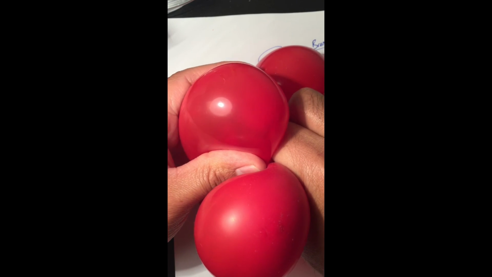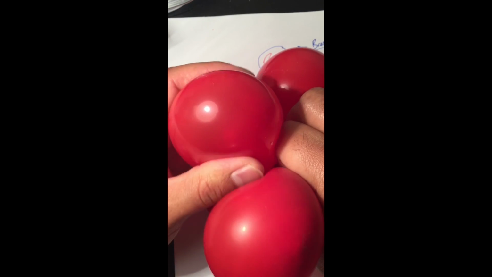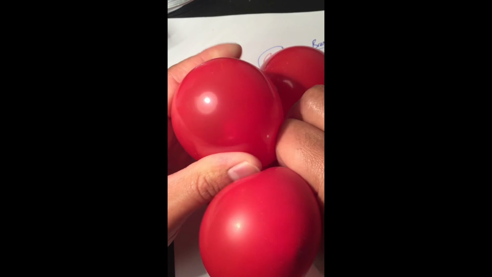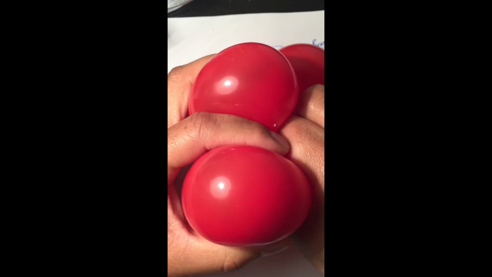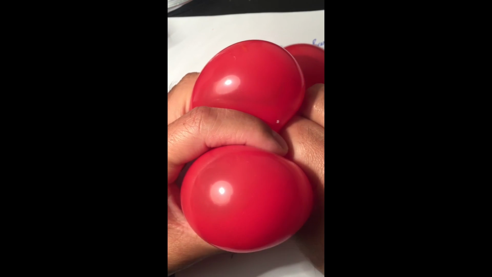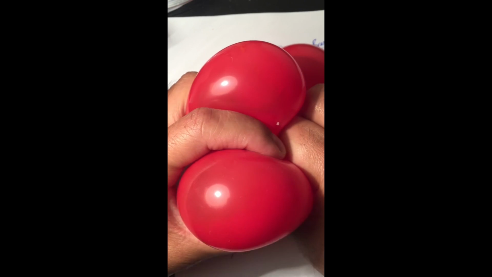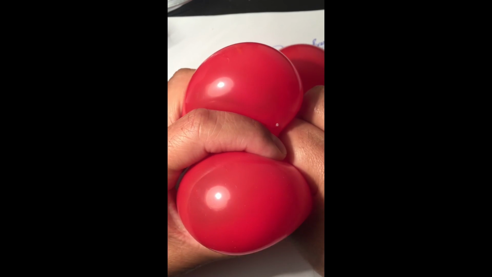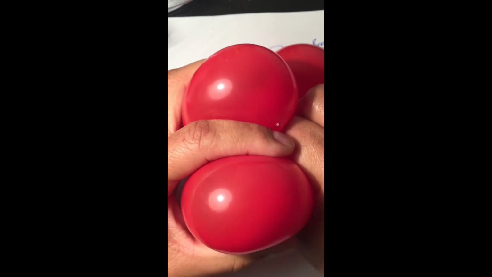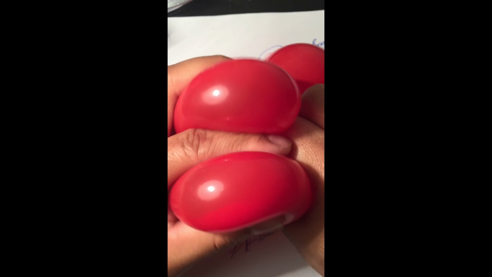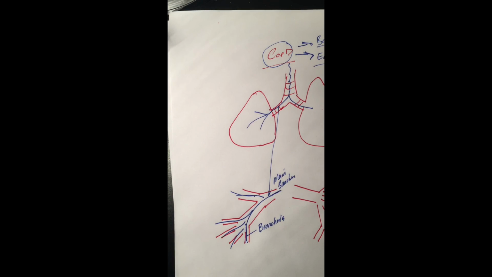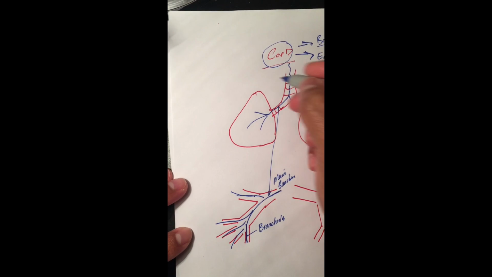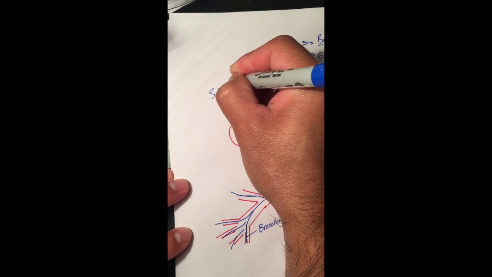Now notice that just like a balloon, your alveoli are very flexible. There is air in them. Air, not fluid. And because these are very thin, very fragile, they can easily move. Remember that in your lung you have something called surfactant that helps move these things along. Now, however, in COPD, the main cause being smoke or smoking,